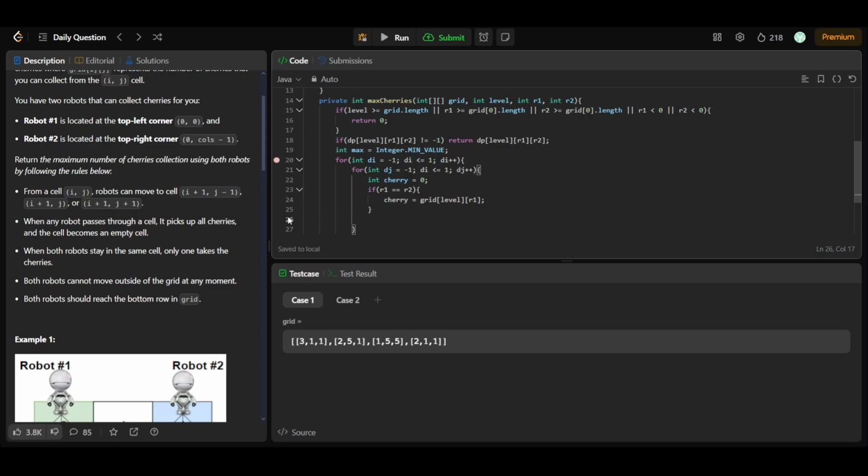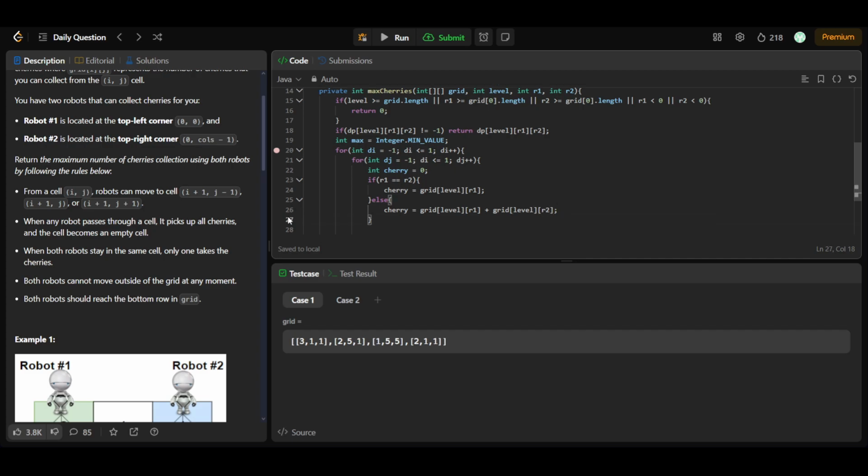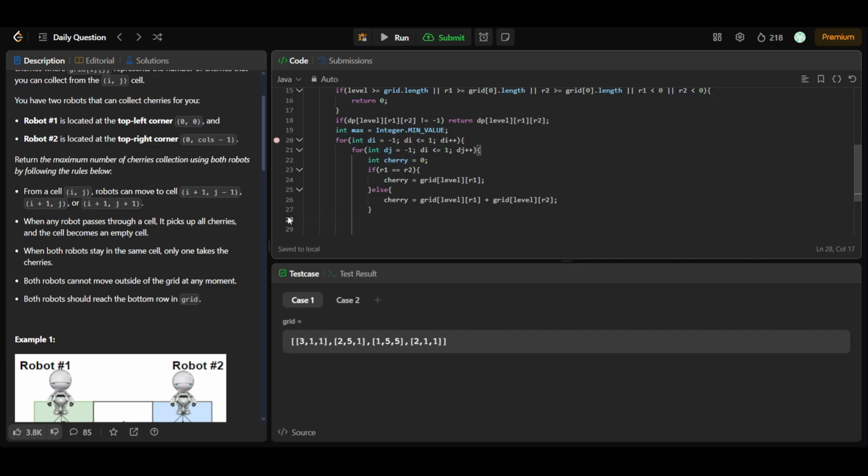Okay, and then if this is not the case, like let's say they are both present at different indexes, then cherry is equal to grid. In that case, I'll be adding both the cases: r1 plus grid level r2. And after this I'll be checking the maximum: max is equal to Math.max of current maximum, and my cherry plus